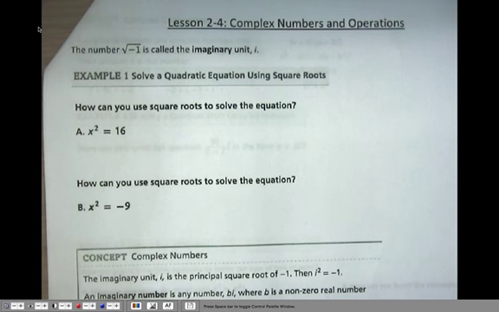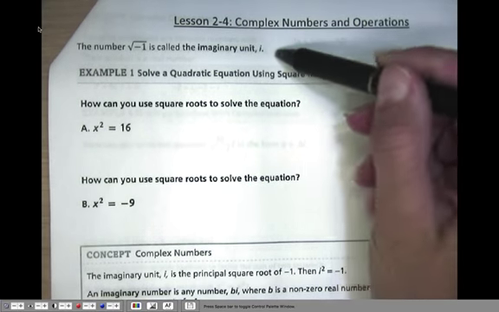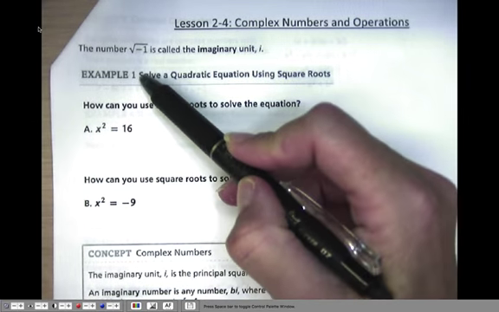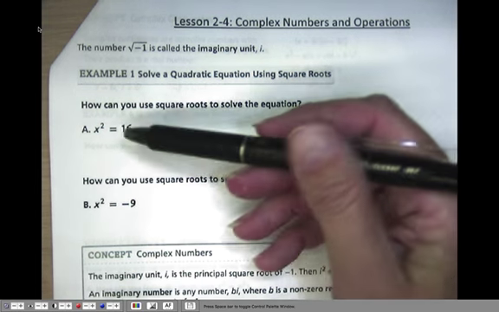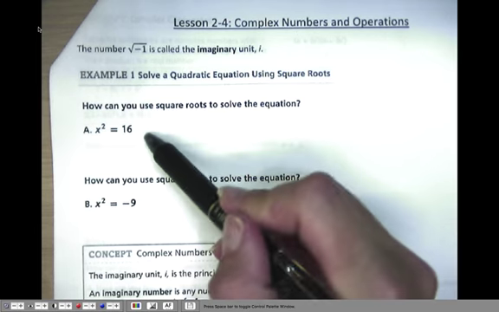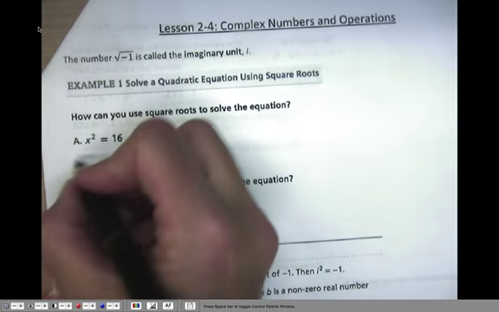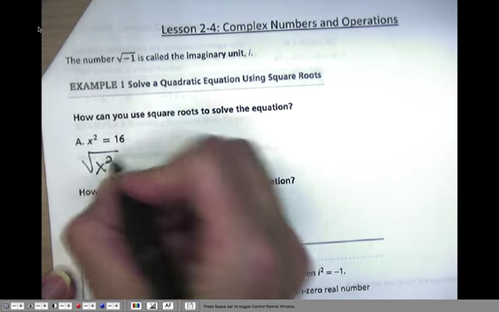In this lesson, we're starting to look at another kind of number called imaginary numbers. The imaginary numbers start with the imaginary unit i, which is the square root of -1. So if I'm trying to solve an equation like this, no problem. I can take the square root of a positive number. We've been doing it for years. So I'd take the square root of both sides